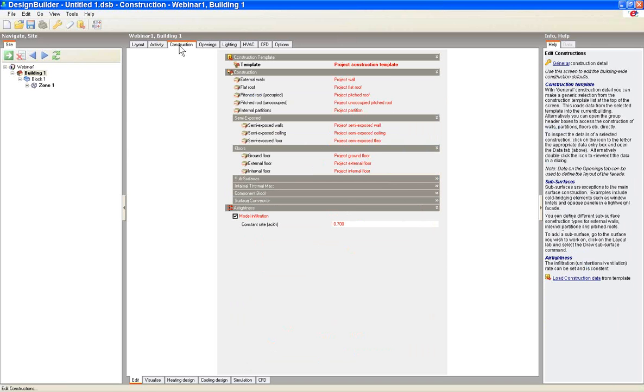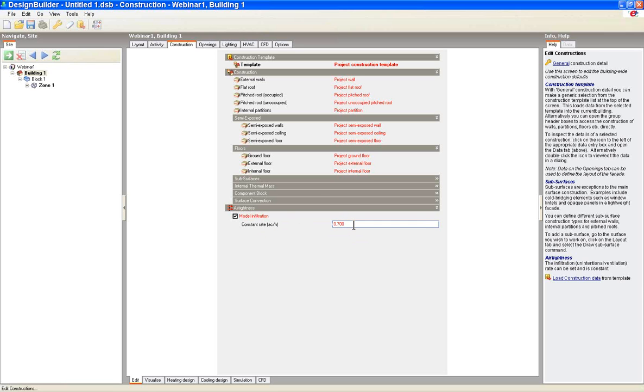Now, one of the things that you can see on here, apart from obviously our construction data, the various constructions for the various parts of the building, is that we've got the infiltration. Now, infiltration obviously is building fabric related, and in this case we can see it's actually a scheduled rate. Now, in terms of looking at the actual flow through the window openings, we need to set this model up instead of a scheduled rate,